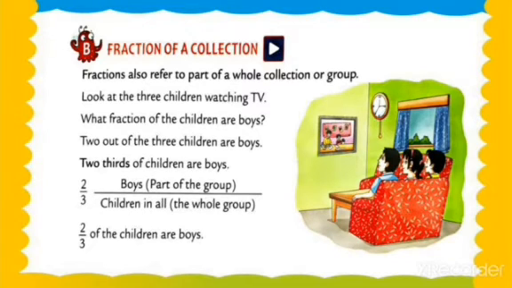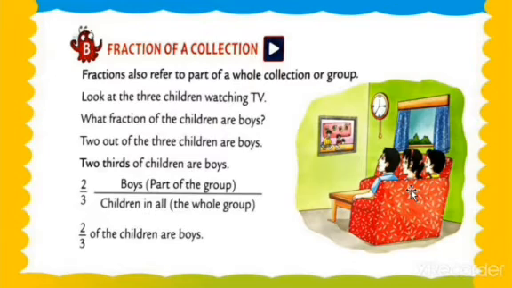Fraction. Now my dear students, here we find the fraction of what? Fraction of the children who are boys. Okay, so my dear students, 2 out of 3 children are boys. See here, what does 2 out of 3 mean? It means 3 children, but 2 boys and 1 girl.